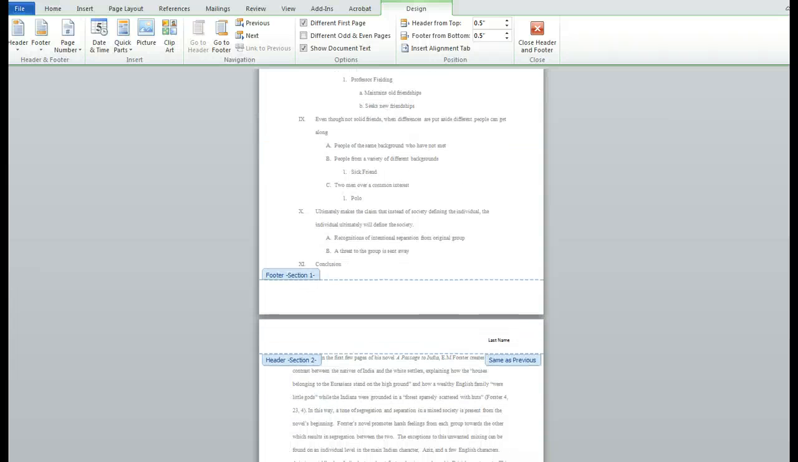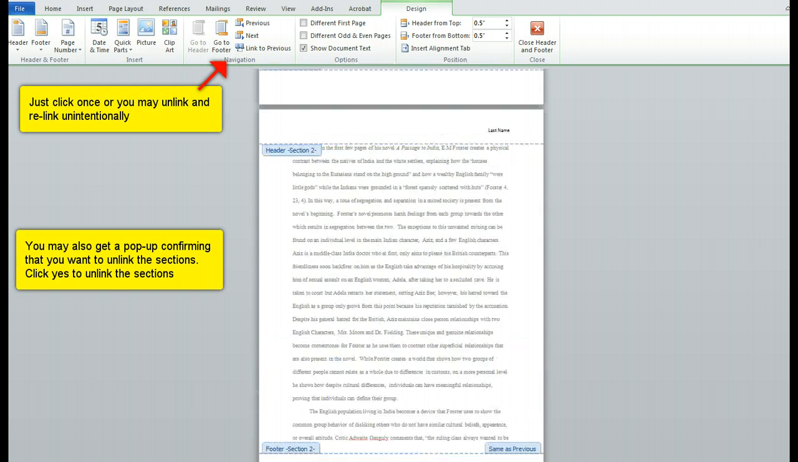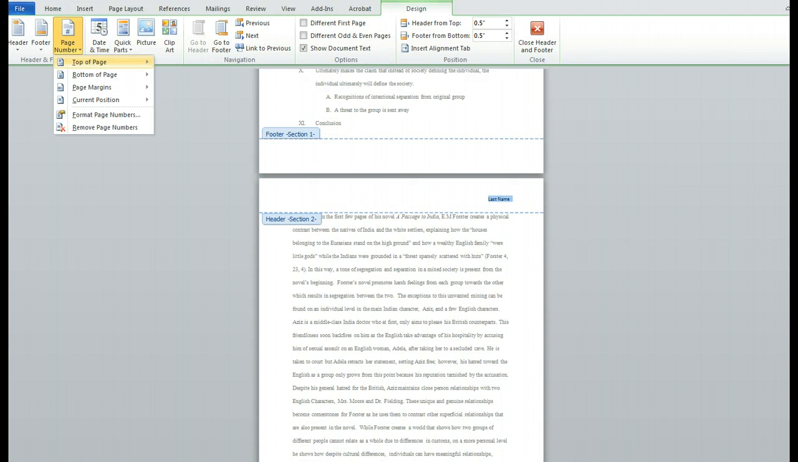But now I have this last name right here, and this is the beginning of my paper. What I really want here is my last name and page number. So this is where those sections come in handy. So I'm going to click right here, and where it gives me this button to link to the previous section, I don't want to link to the previous section, so I'm going to unlink that. Now I'm going to go in here and I'm going to insert my page number, top right, and now I get a number 1